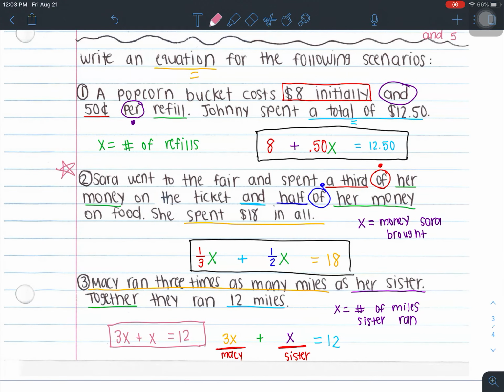So these word problems can be very confusing if you don't break it down piece by piece, so just make sure you take it a bit at a time. If you have any